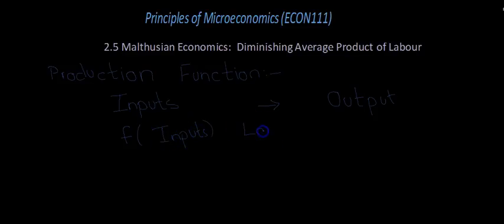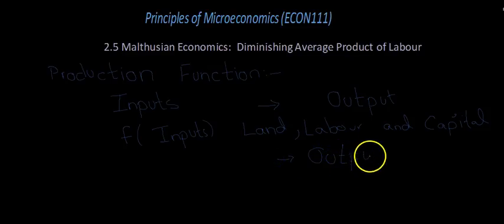Inputs are land, labor and capital. In economics we use these three, and there's another one but it's not important right now, but land, labor and capital, these three are the inputs and they together make outputs such as rice, wheat, etc., everything that is formed. So this is a production function, and in a production function there is also a use of